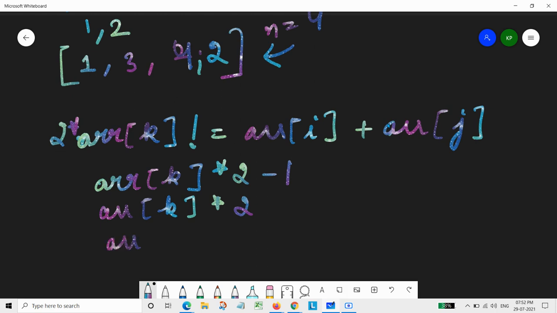And like this, if we are doing it for other elements also, array of i into 2 minus 1.